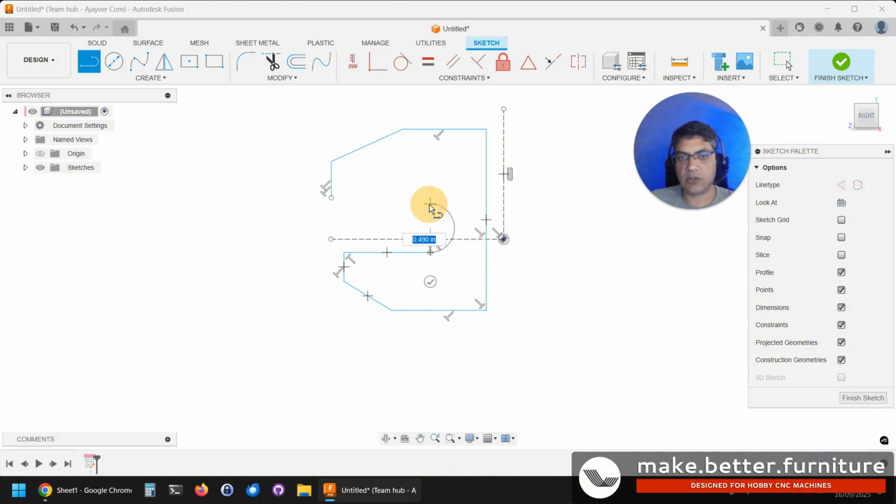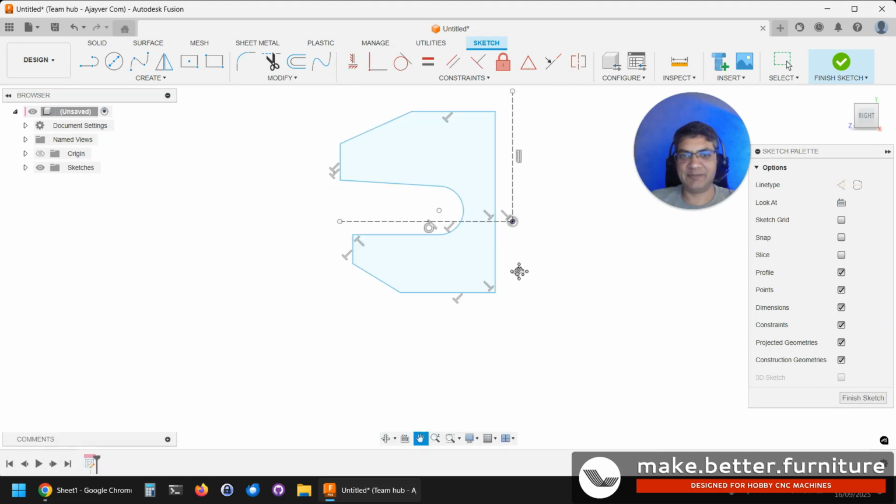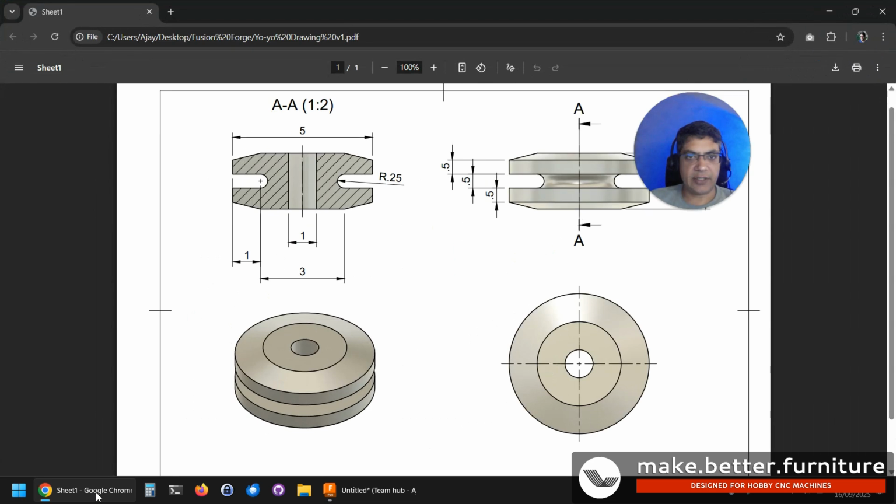I'm not releasing it. So I will do like this, and then I will go here. And now you can see I have the shape. It's not correct yet, but we will start applying the dimensions. So first, let me apply